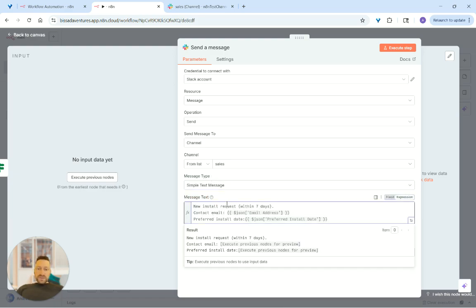So here, I just typed this in, right? So you can type whatever you want here. So I said new install request within 7 days, contact email. And then